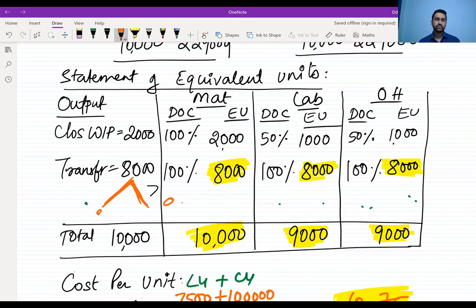In 90% of the cases, they will give you whether to work out under FIFO or work out under average cost. Sir, if the question is silent, then what to do? For that, you will have to wait for 1 or 2 more minutes. You will get to know. I have prepared a small table. I'll just go back to my question sheet. I prepared a small table.